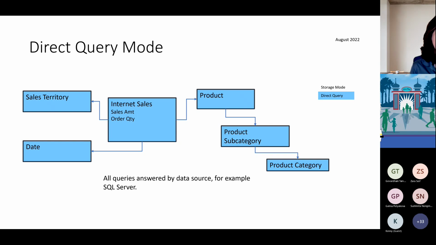Opposite of this is direct query. This one, in Power BI, you only define the schema and the relationships and measures and calculations. So this time Power BI does not contain actual data, but it knows how to form, for example, SQL queries to submit to the backend. So this time SQL Server is answering all the queries. So the benefit of this is that anytime your backend changes, your users will get the result right away. So that's a plus. However, now you're relying on SQL Server to answer the queries, and for some larger queries, that can be slow.